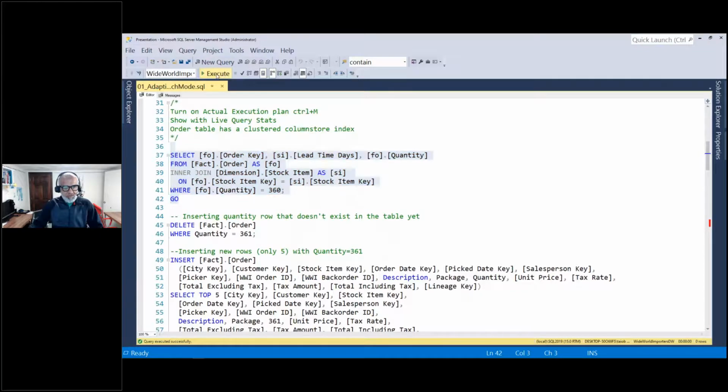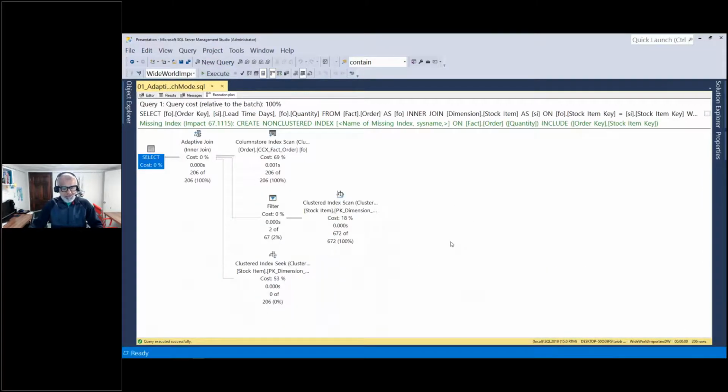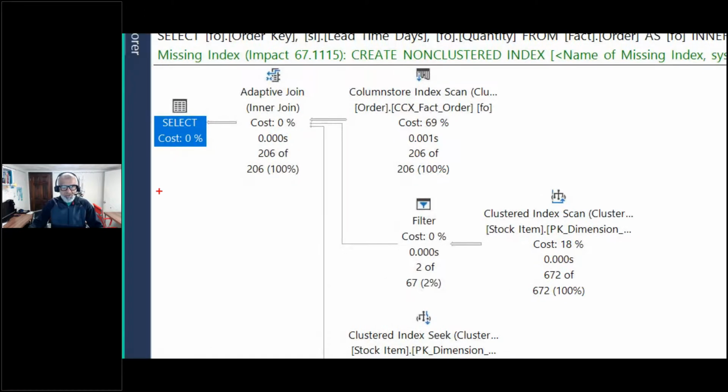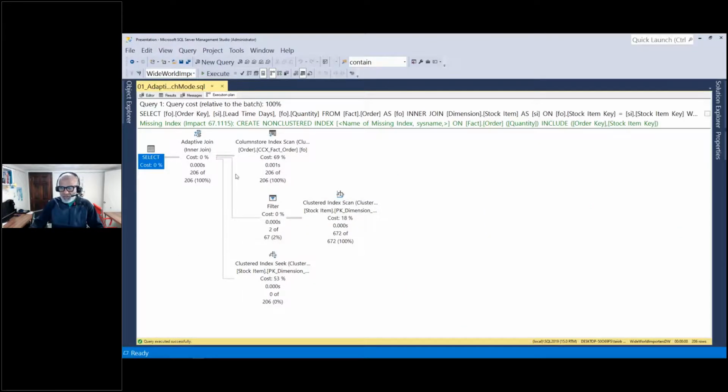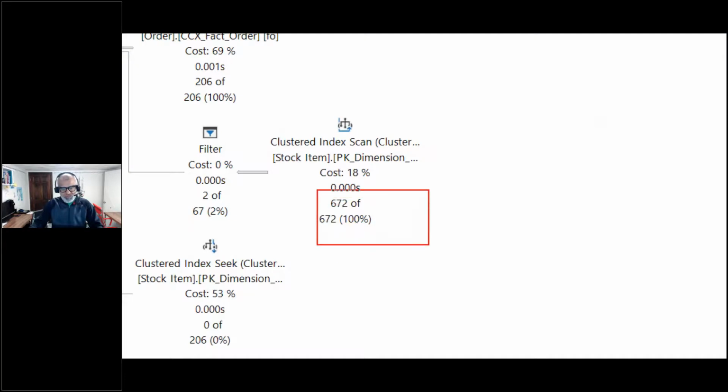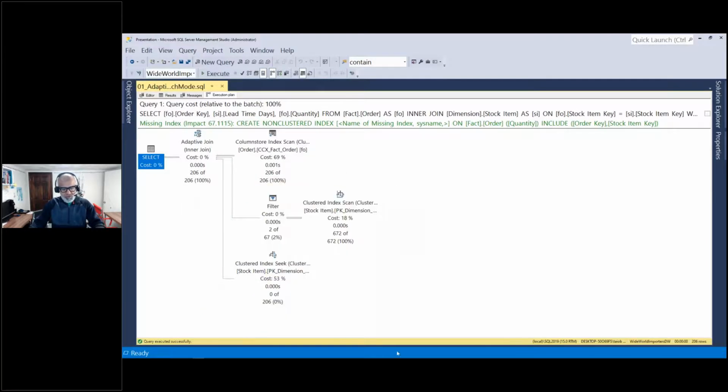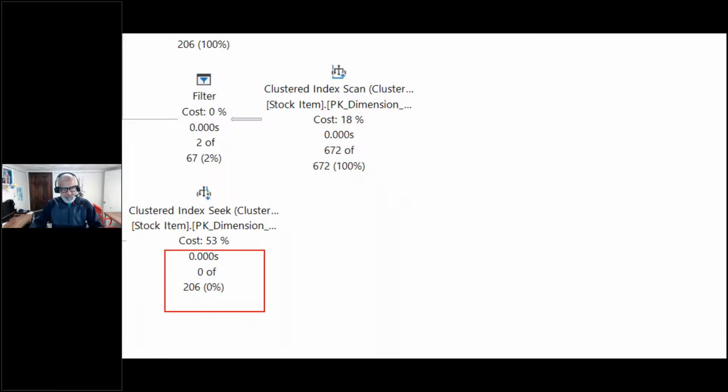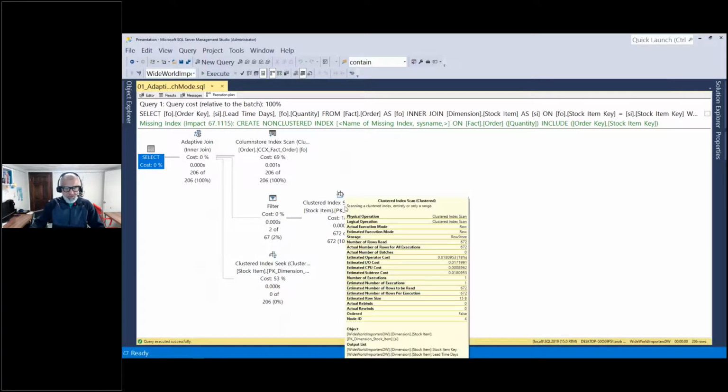If we run this and you look at this, if you are on a compatibility level before 2017, you don't see this. Now you see there's a new join type called adaptive join. And if you see here, there are two branches. This is your outer table, or the rows coming in. Now you have two here. This one has 672 rows, but this one did not do anything, right? And if we hover on this,